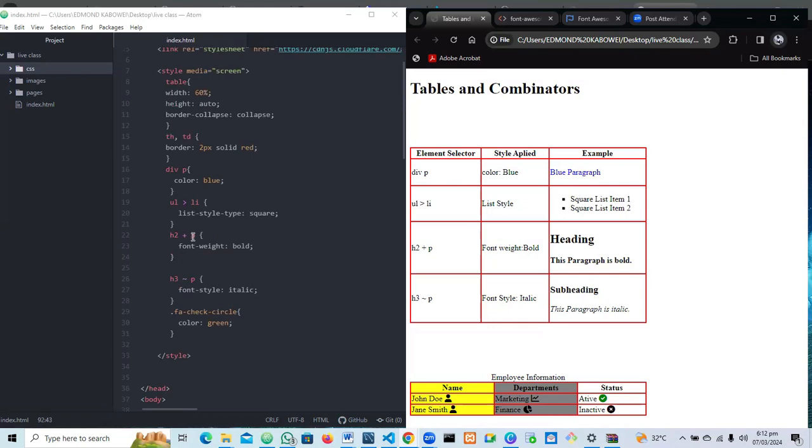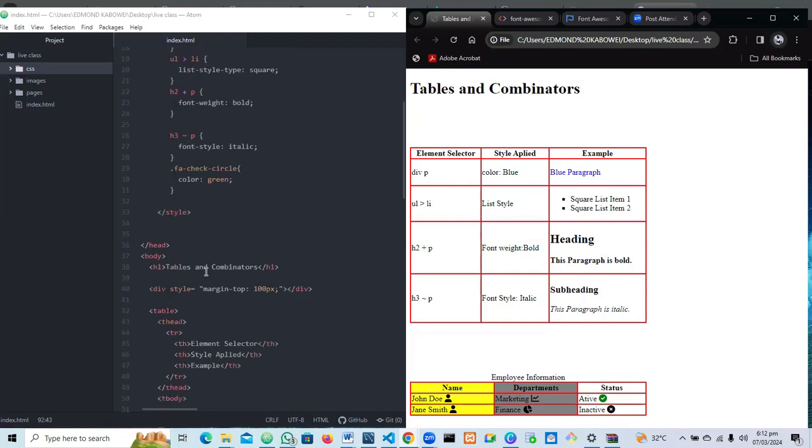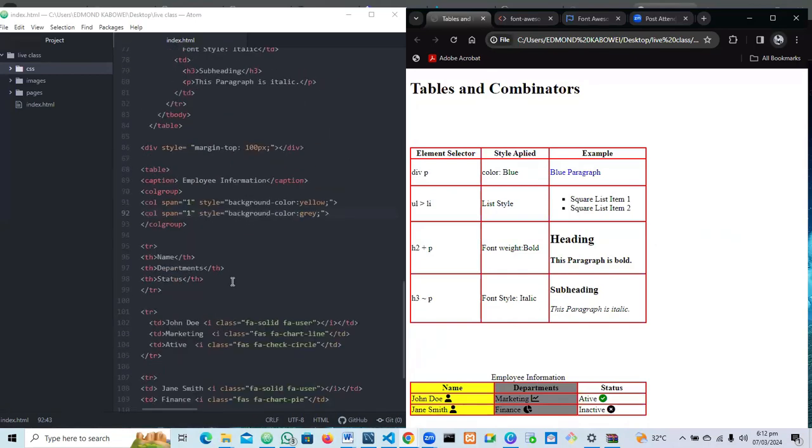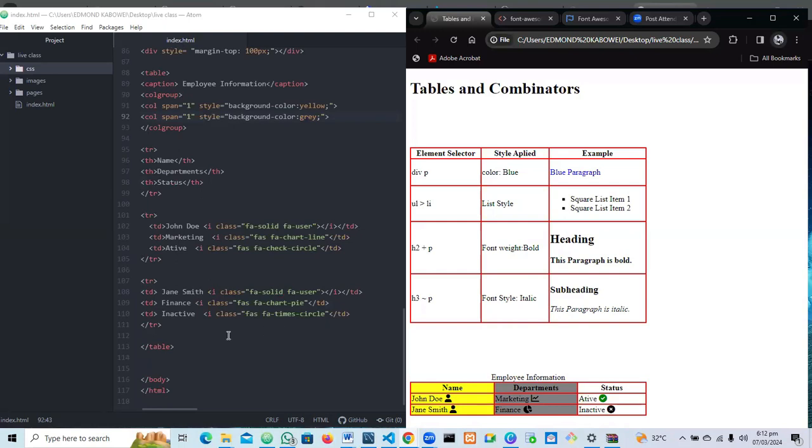So these are different ways we can use to style elements. You can use the selectors and decide which, let's say you want only a particular element in the TH, or you want to style the TRs. So you can use the selectors just like we have done here to decide which of them you want style being applied to. So because of time, I'm just going to quickly show you how you can collapse